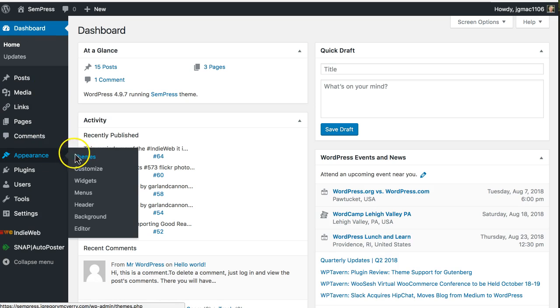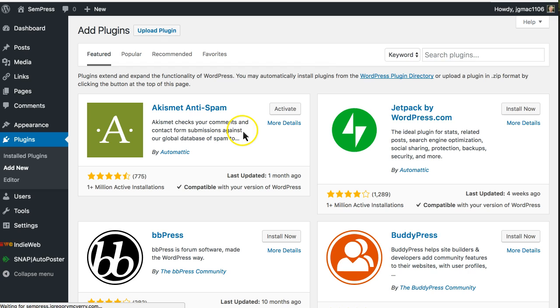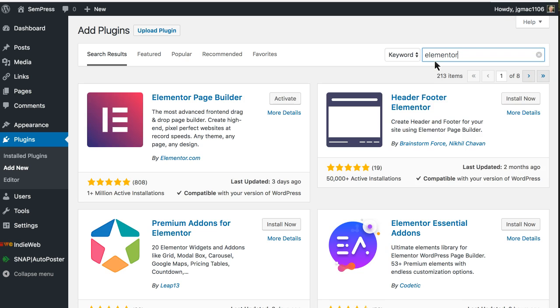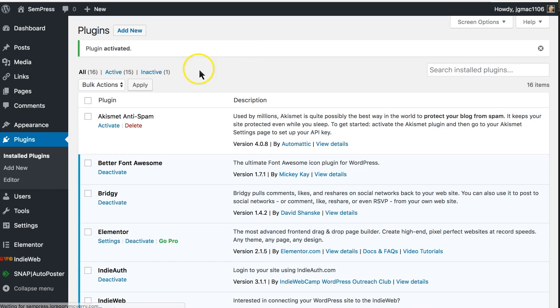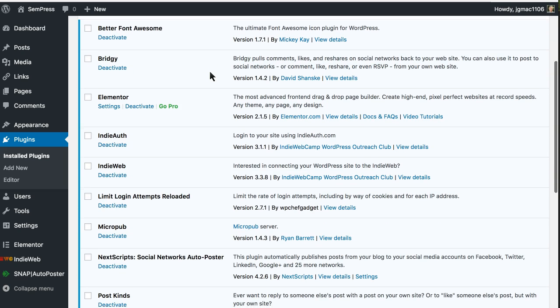hit Appearances, and under that is Plugins. I'm going to hit Add New, and I'm going to search for the Elementor Page Builder plugin. Now there's a lot of page builder plugins out there. But if you're taking this class for credit, we paid for a site license and we'll send you a key. And everybody else who's following along, you're welcome to use this, not use it, or play along and follow the